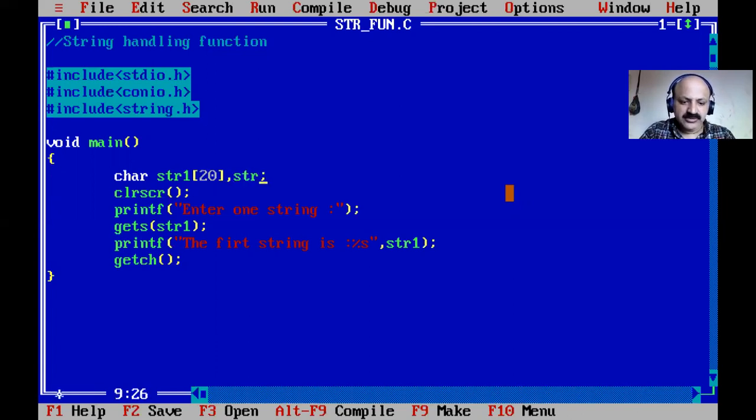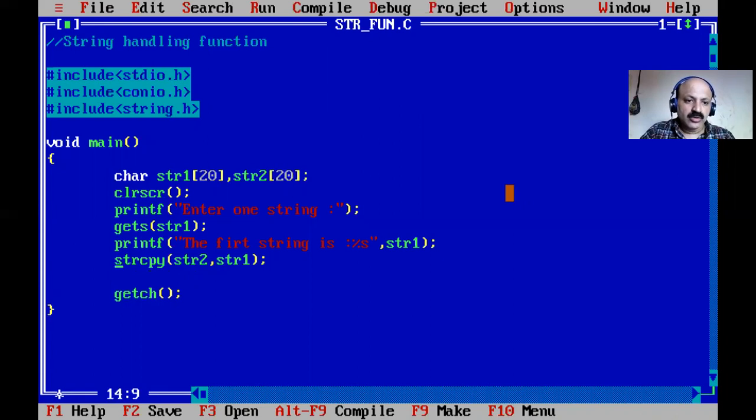I take now the second one, the same 20 characters, and we use the strcpy, string copy function. The first is the destination, so our destination is str2, and str1 is the source string.